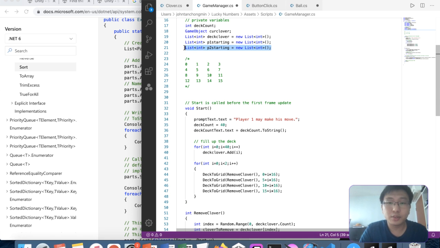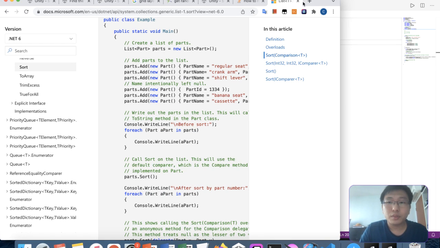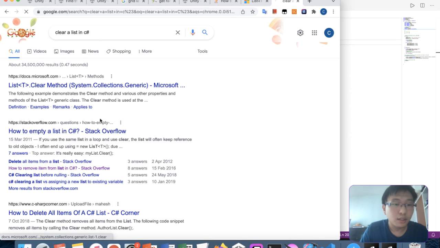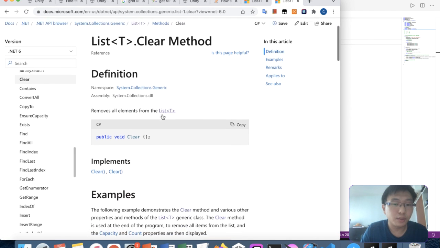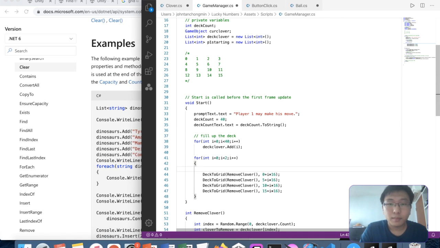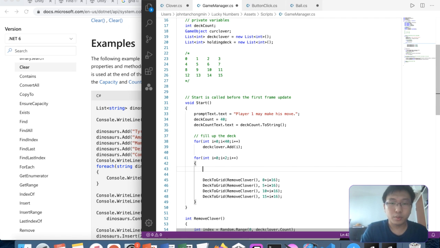Actually, we don't need two lists. We could just clear a list. Now I remember there's a list dot clear. So we could do this. So we have a holding deck dot clear,